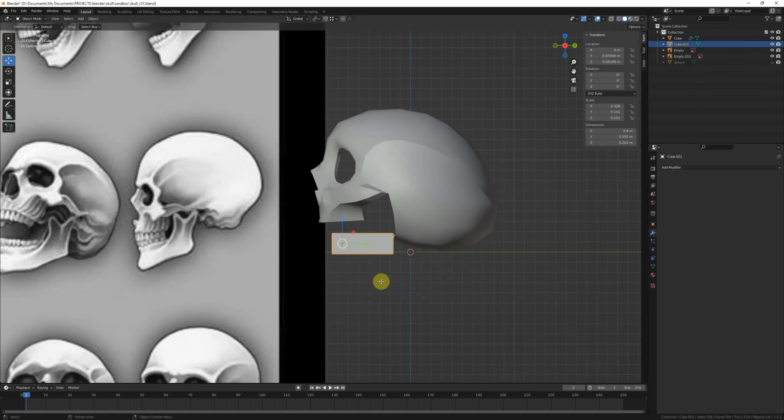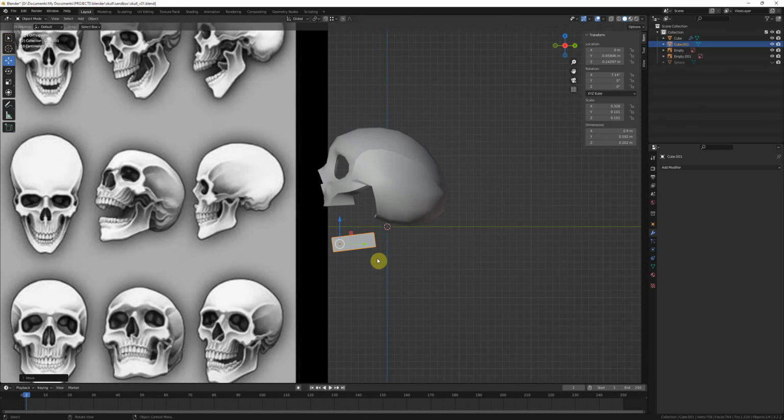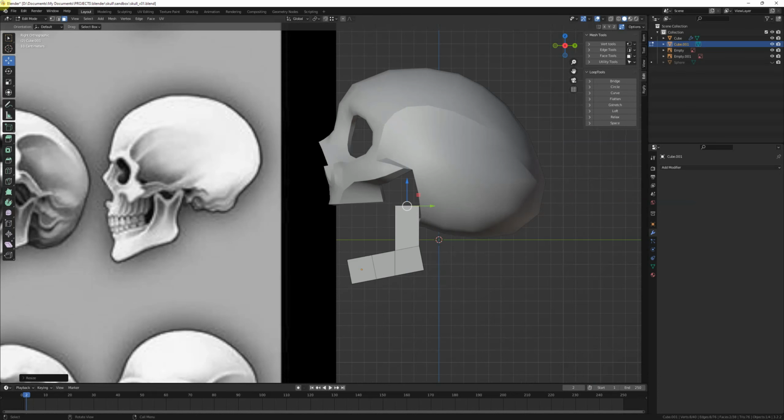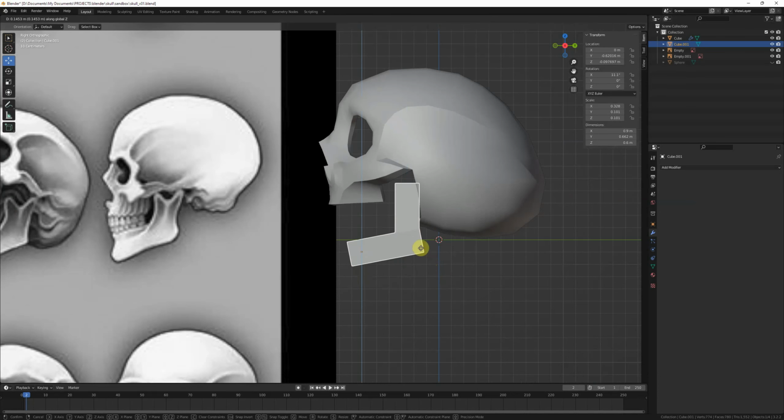Something like that, probably. Oops, I kind of merged my verts together when I did that. Okay, so